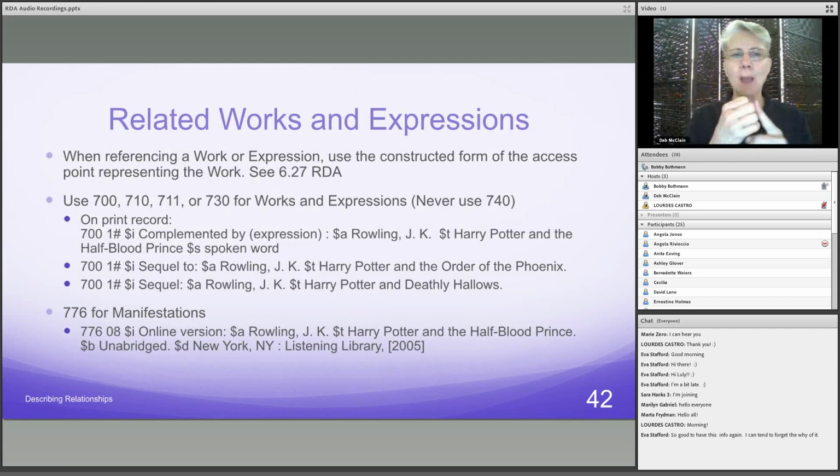So when we talk about structured data, one of the things that we sometimes need to do is create a relationship to a related work or expression. And when we do that, we're going to use a 700, 710, 711, or 730 field to identify a work or expression. They are asking us not to use the 740 field